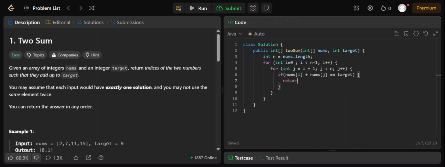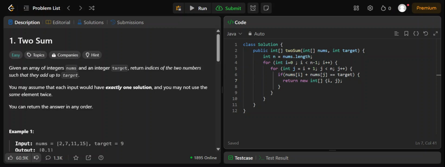So what will it return? An array with the list of its indices. It means its index positions. So return new int[]{i, j}; semicolon.